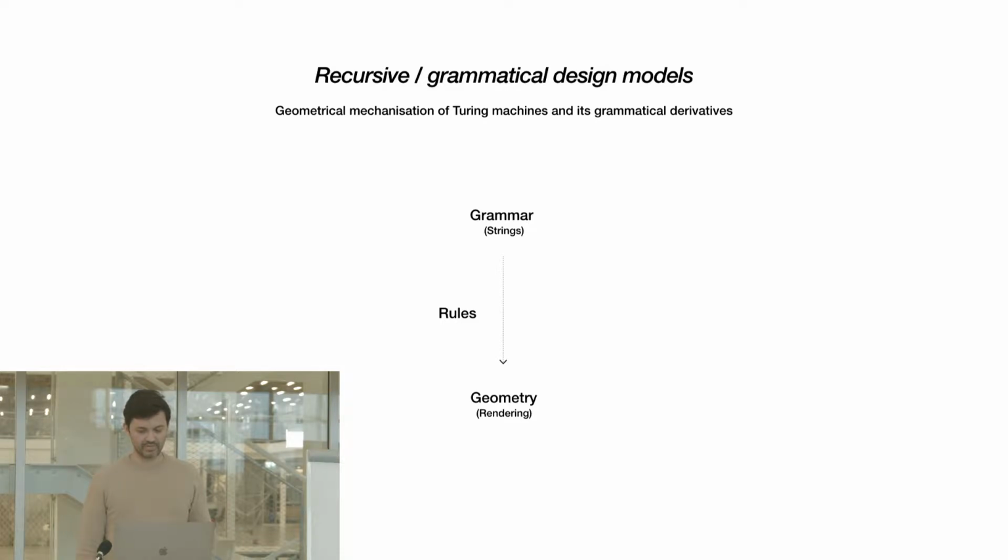And so these systems, they always stratify this design process in two levels. So these two levels are grammar, so elementary propositions, rules, and axioms. And second level is geometry. And this is the rendering of this combinatory potential of these rules. And the promise of this method was that you can really efficiently produce a lot of different geometries from a very, very small number of conditions. So small number of conditions, small amount of rules, but when you combine them together, you get a huge